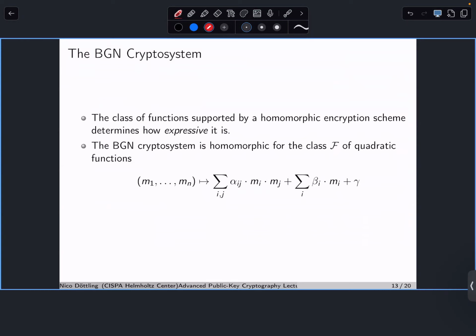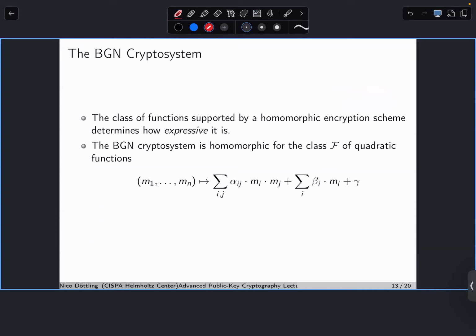A fully homomorphic crypto system allows to homomorphically evaluate the class of all functions, right? Or of all efficiently computable functions. We have to restrict ourselves to efficiently computable functions, because if you were to allow homomorphic encryption for functions that cannot even be efficiently evaluated, that can cause friction even with the definition of homomorphic encryption. But